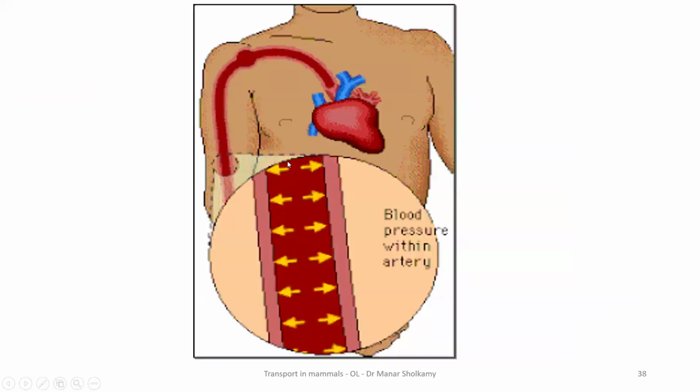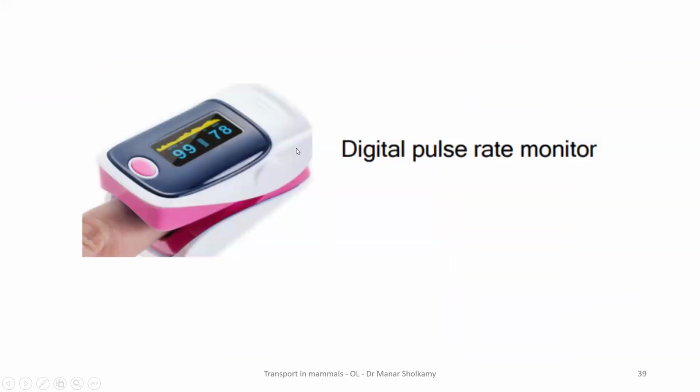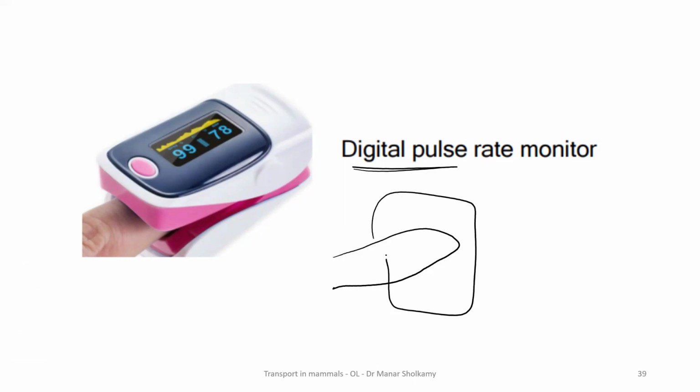Now, I'll go back to this picture. Maybe I'm in a hospital and I have some electronic devices. There is one small electronic device called the digital pulse rate monitor. And the picture is very clear. This is your thumb, and we put this device around your thumb. I don't know if you've seen someone in the emergency unit. They put this device around the thumb and they give you a reading here. And it also measures the